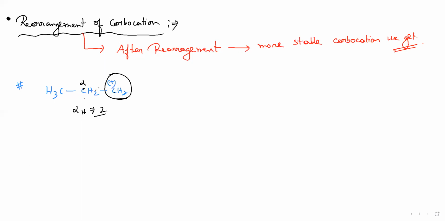If one hydrogen is rearranged from this carbon to this one, remember, rearrangement always happens from the alpha carbon. If a hydride is shifted, after shifting what do we get? The middle one becomes positively charged, and here CH2, after getting one hydrogen, becomes CH3. Now, which ones are the alpha carbons? This carbon is directly attached to the carbocation, as well as this carbon. How many hydrogens are present here? 3. Here 3. So the alpha H value is 6.